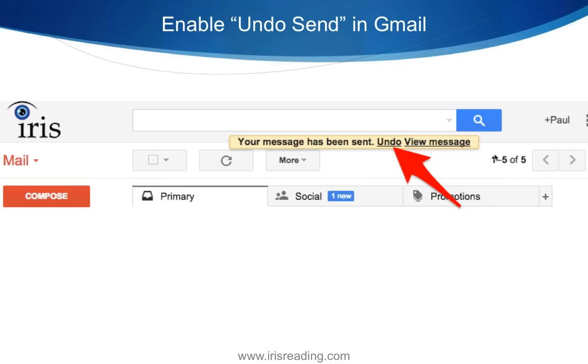So we're getting a question that's coming in from Joe. I want to address it. Do you have to have a Gmail address to use Gmail? Not necessarily. I actually use this using pnoack@irisreading.com. So this is something called Google Apps for businesses. Google also has this for government agencies. Just search for Google Apps and you'll see how you can actually tie it into whatever email that you have.